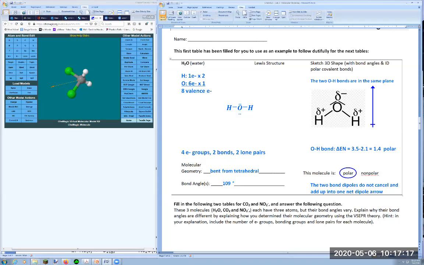So next you want to determine the shape of the molecule. And so to determine the molecular geometry, which means the shape, you need to determine the central atom, and typically the central atom is the atom in the center, and here it's oxygen. So you count the number of electron groups around the central atom, and here oxygen is surrounded by 2 single bonds and 2 lone pairs. So it's 4 electron groups in total, out of which 2 are bonds and 2 are lone pairs.